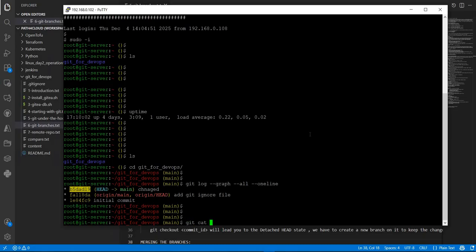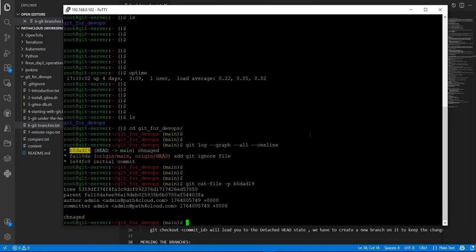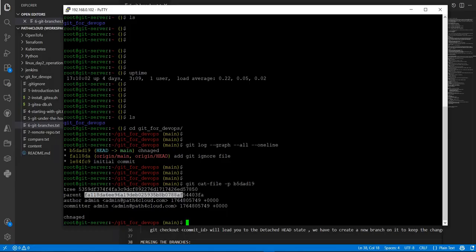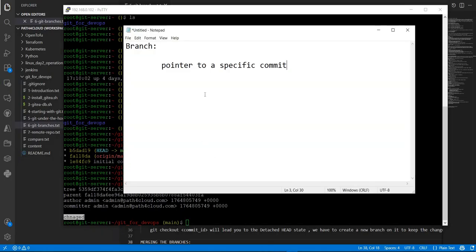If I want to see, git cat-file, and I just give this, it will show me this is the tree, and this is the parent, and this is the author, and this was the last commit message. So it is certainly a duplicate version of your current version of the file, but as a new branch under the same directory. See here, let's say you are sitting on the main branch,